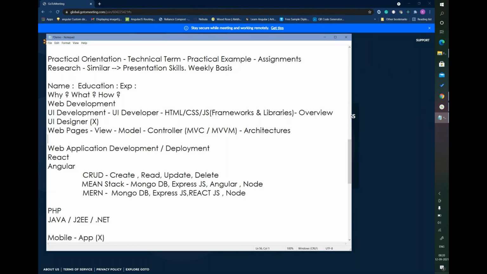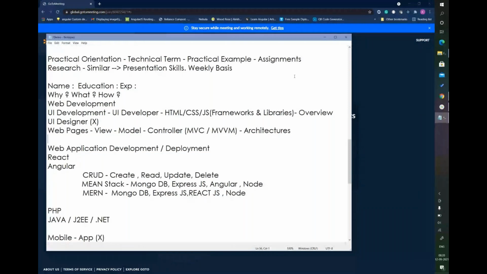Okay, so next, Bhu Lakshmi. If you are not able to talk, you can also type out in the chat window about you, so your name, education, and experience. If you have any experience, just type the experience, or if you are from a non-IT background, just type it over the chat window. So what is your year of pass out, and what is your education related to, if you are from non-IT, so that I can know more details about you, and I can go in detail with the concepts. So if you are new to IT, I need to take extra care. So that is the reason I'm asking you.